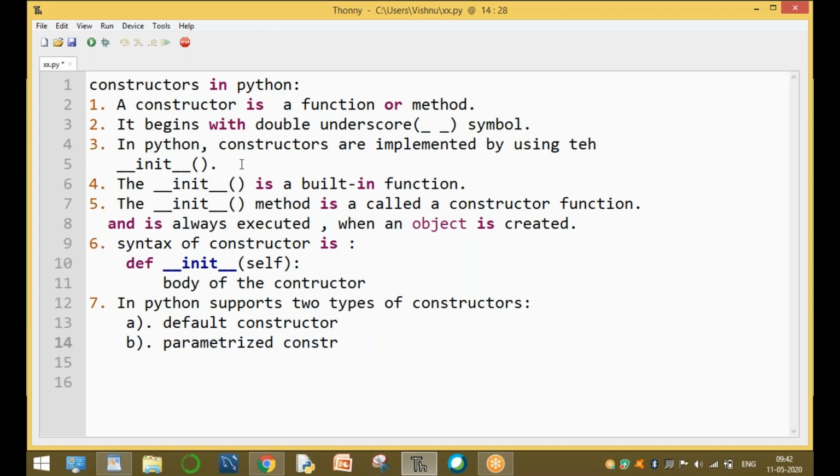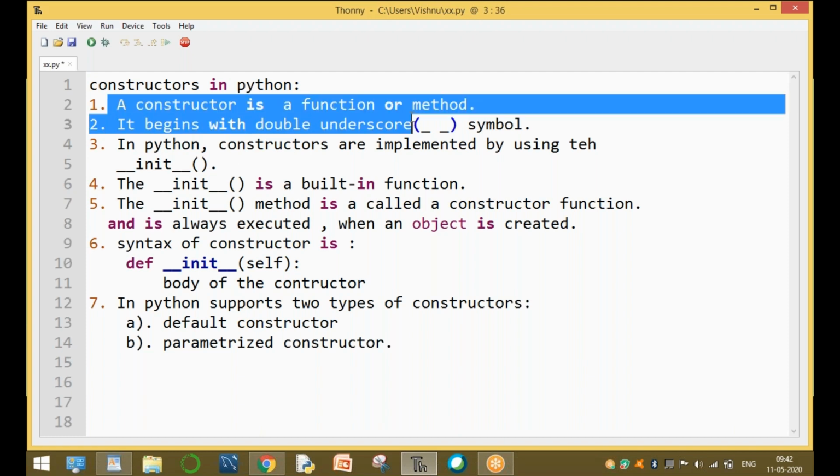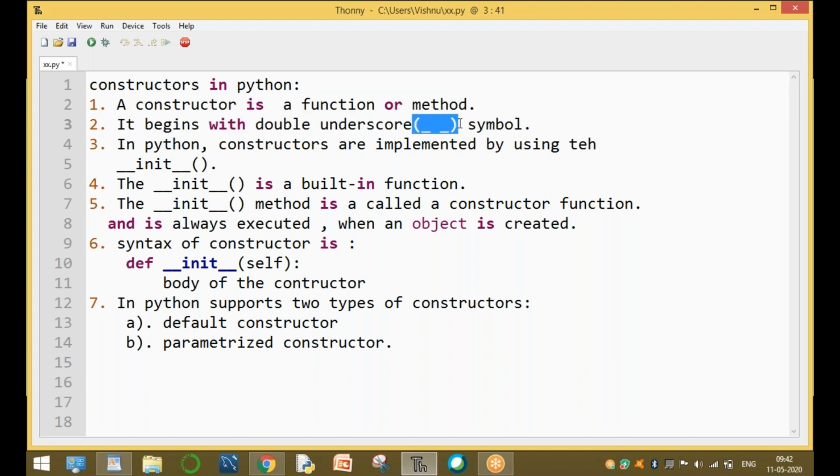The main aim of the constructor is to initialize the values of the class-level variables. Please observe this: it is a method or function, and every constructor function starts with a double underscore symbol. These are the two types: the default constructor and the parameterized constructor.